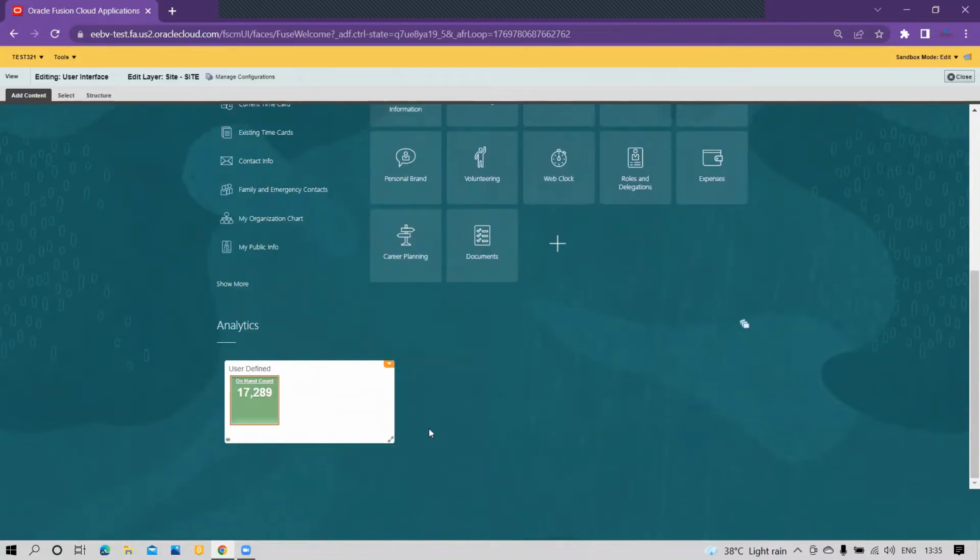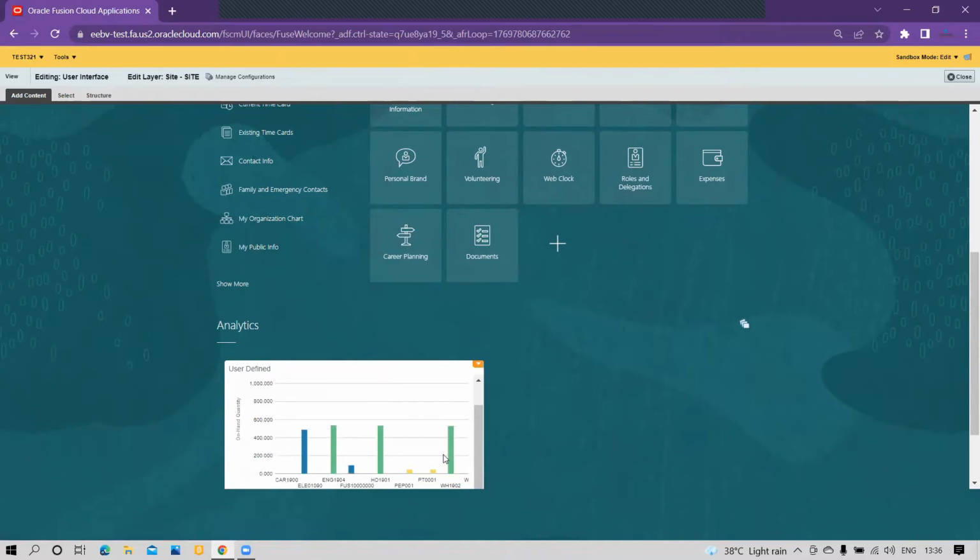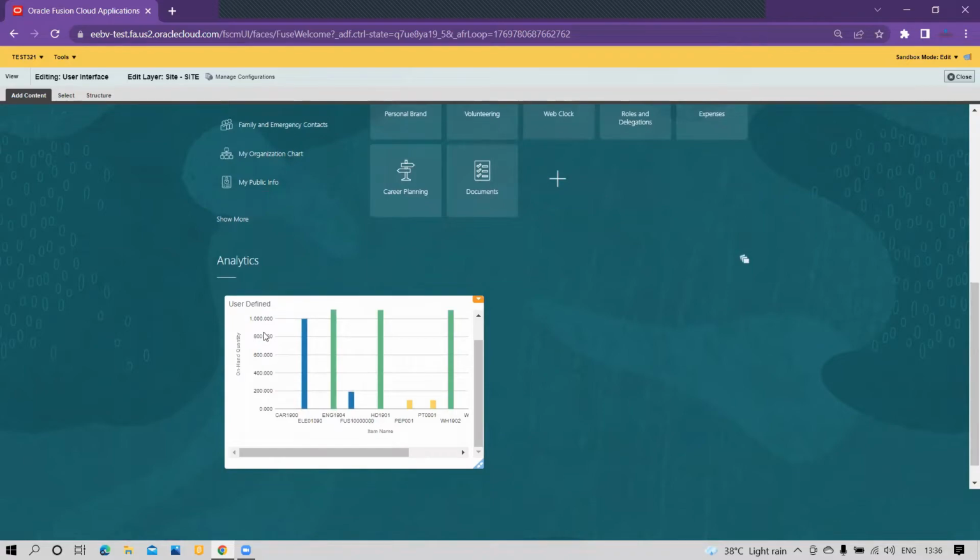If I again click on the expanded, I will be redirected to the front UI. And then if I click on the back, it will be the back view. And if I click on the expanded, then it will be the expanded view. So this is how you can create the back, the front, and the expanded view analytics you can tag to the